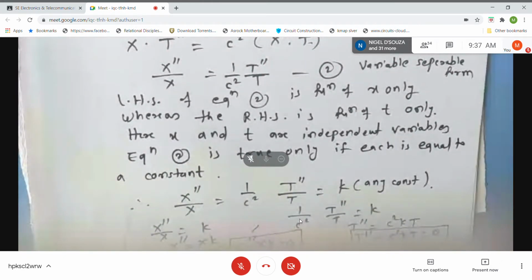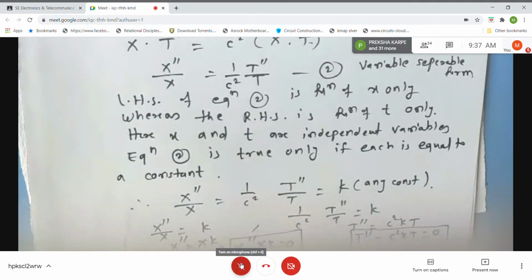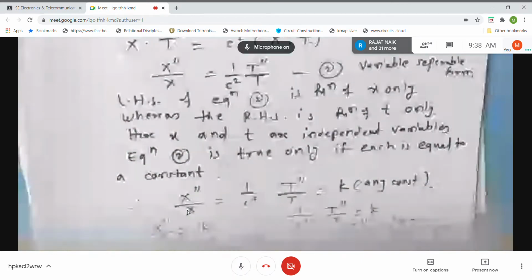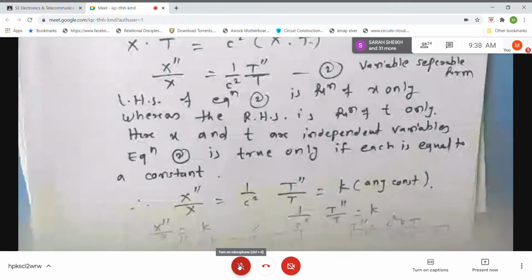See, these derivations and the solution part are a little bit lengthy, based on your previous knowledge of partial differentiation and the types of solving differential equations. That's why these things carry 10 marks each. Sometimes the question comes, find the solution of the one-dimensional wave equation. It is minimum 8 marks and maximum 10 marks. So if you go through the previous year questions, I'm talking based on previous years' question papers.